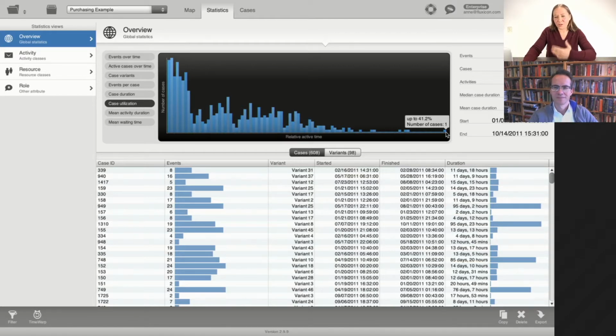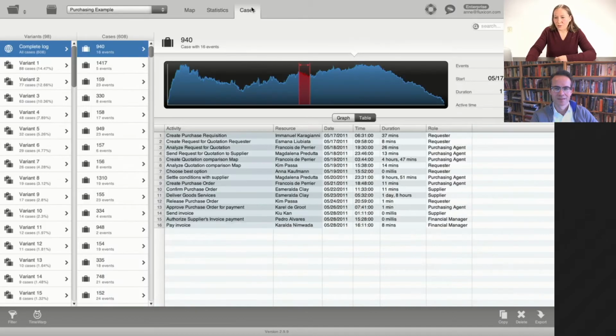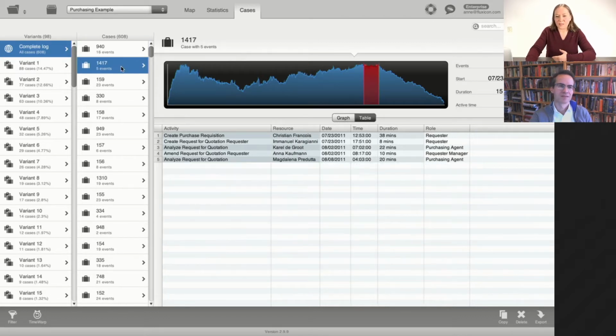So 40% means 40% of the time in the case has been spent actively in activities, and the remaining 60% is waiting time. You can also see this for each case here. For example, this particular case has 70% active time, and so forth.